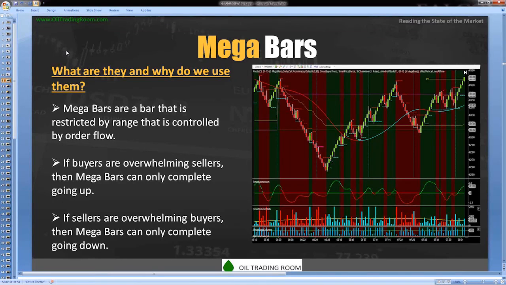And so what I've done is, it's 2 levels deep. First, we're structuring the data, the incoming data, in terms of these bars. And what the bars do is, if buyers are overwhelming sellers, the bar can only complete going up. If sellers are overwhelming buyers, the bars can only complete going down. Okay. Now, that basic structuring